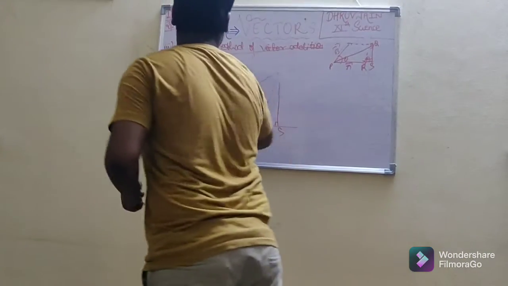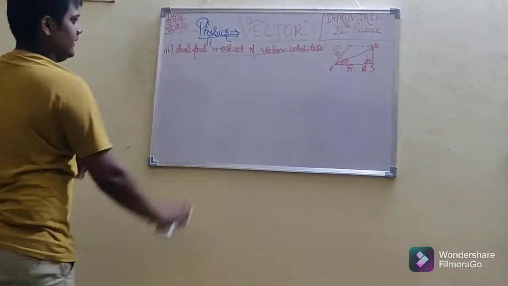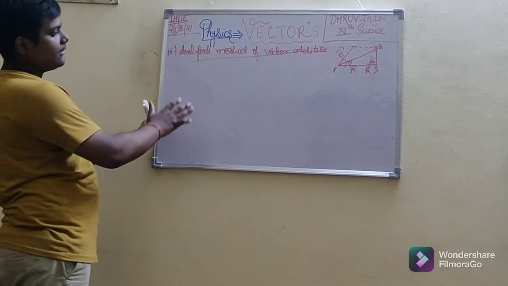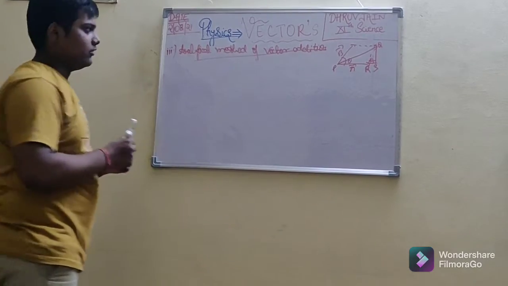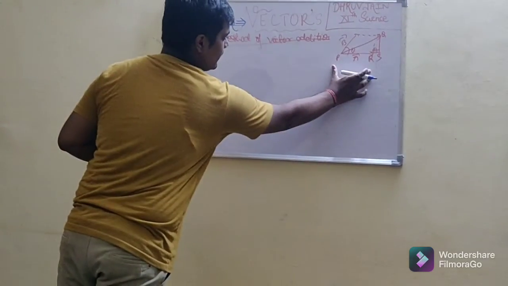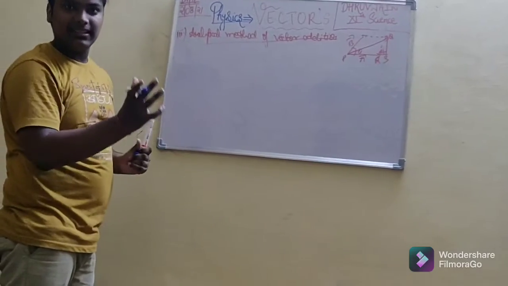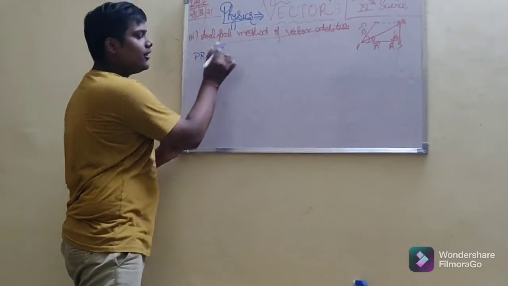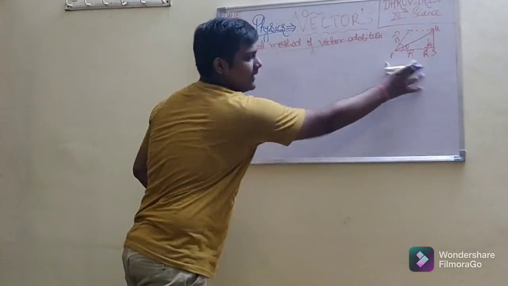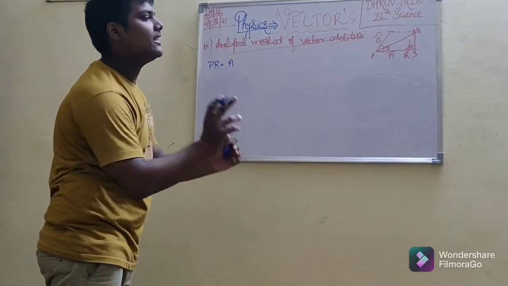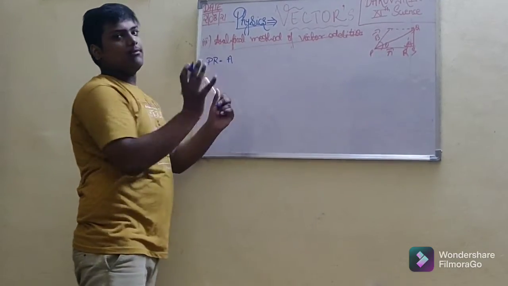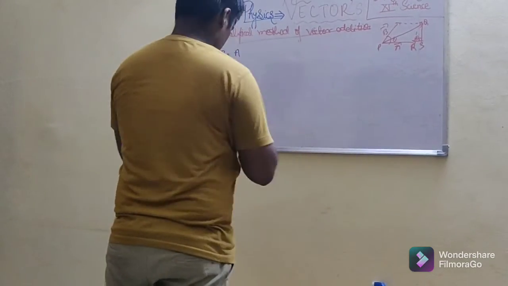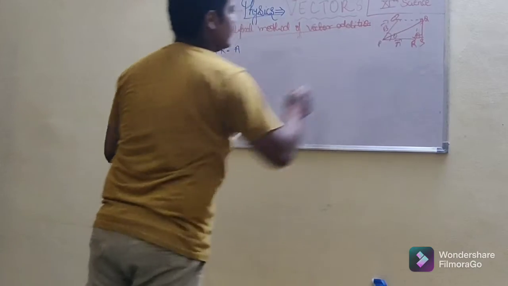So firstly we will take our given values, what we have been given. We have to use them in this formula. Firstly, what is PR? PR represents magnitude. Length. Length is what? Magnitude. PR is given as A. We will not use the vector notation because we are taking magnitude, not direction. Vector means magnitude and direction. In this, PR represents length, so it is magnitude. Okay, it is understandable.